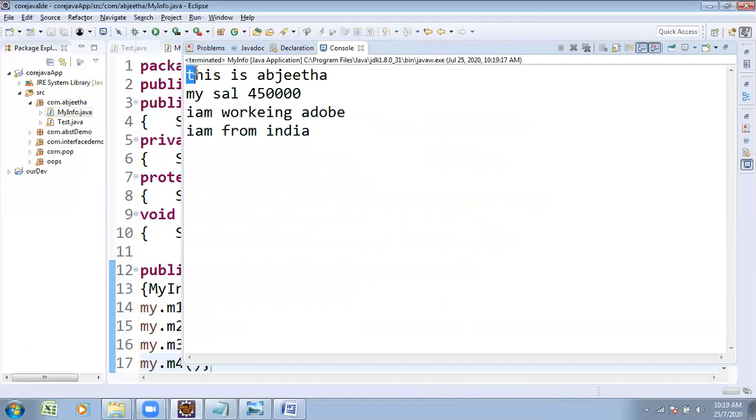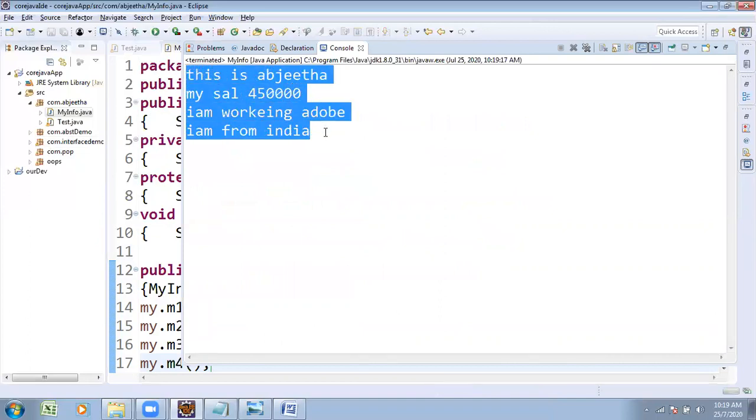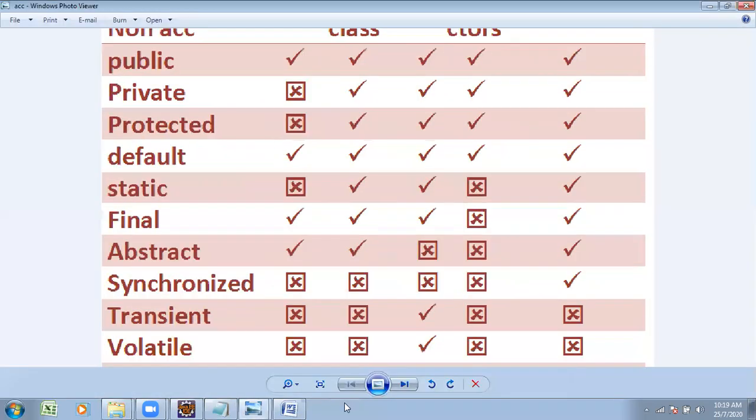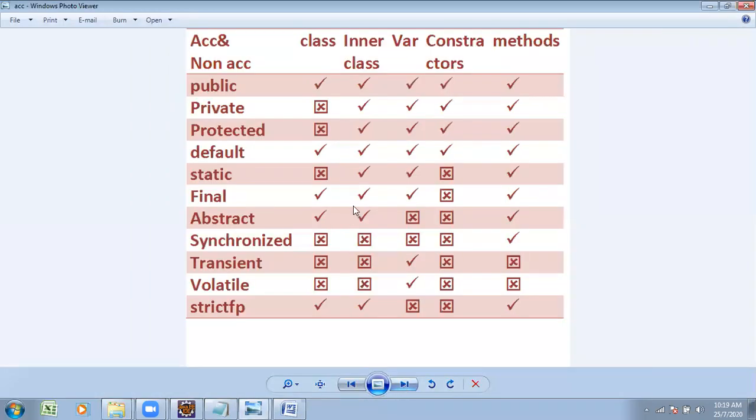So Abhijit declared and is using them within his class. Public property is accessible, private property is accessible, protected type is accessible, as well as default type is also accessible.